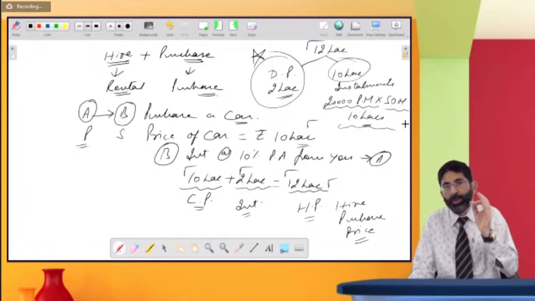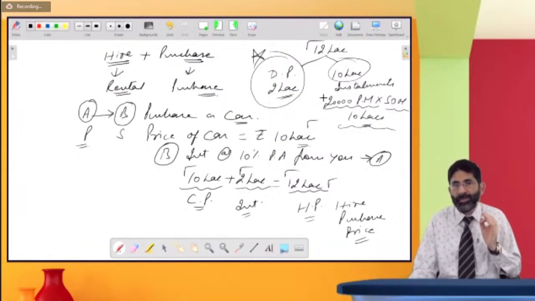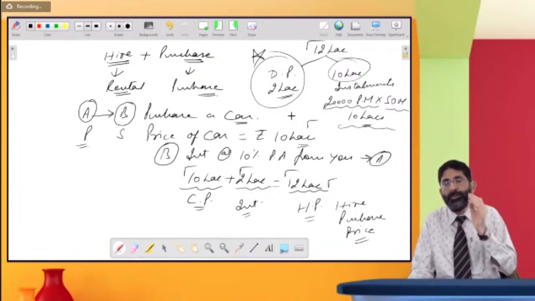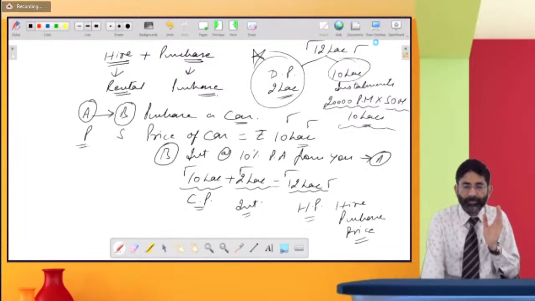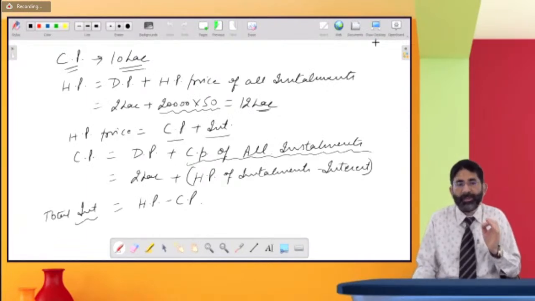सो हाउ मच विल बी द टोटल पेमेंट यू हैव टू मेक? 12 लाख रुपीज, 12 लाख रुपए आपको देना है। जबकि अगर आप कार कैश प्राइस पे परचेज करते हो, इमीडिएट पेमेंट करते हो, तो सिर्फ 10 लाख रुपीज देना पड़ेगा। सो दिस इज कैश प्राइस एंड दिस इज कॉल्ड एचपी प्राइस। इसको मैंने एक्सप्लेन करने की कोशिश की है कि जो एचपी प्राइस है, ये एचपी प्राइस में क्या क्या